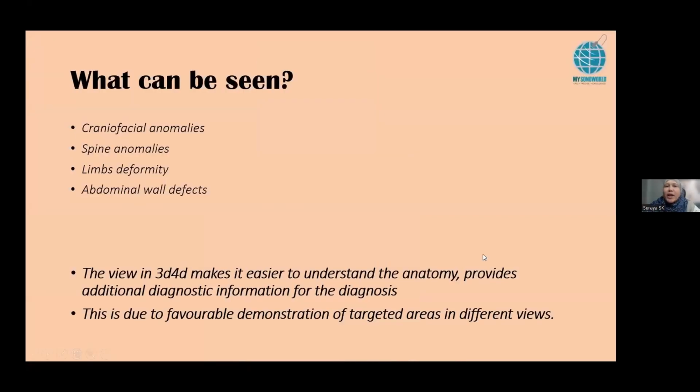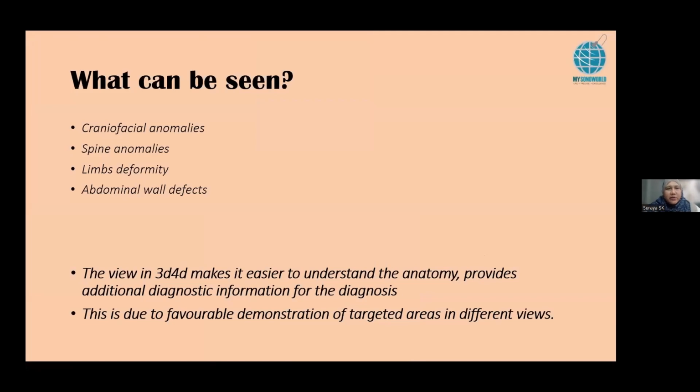Let's look at what we can actually see with 3D and 4D ultrasound. Well, basically whatever you can see in 2D, you can also generate the image to be in 3D, 4D. It's just that some images are not nice, some images are not seen clearly. So I've listed 4 types of parts that can be seen clearly if you were to do a 3D, 4D